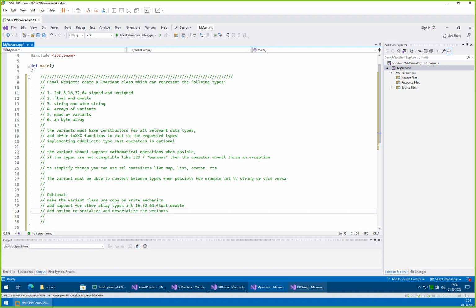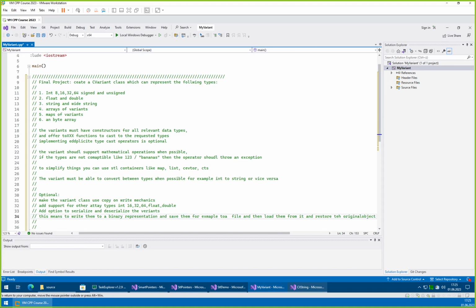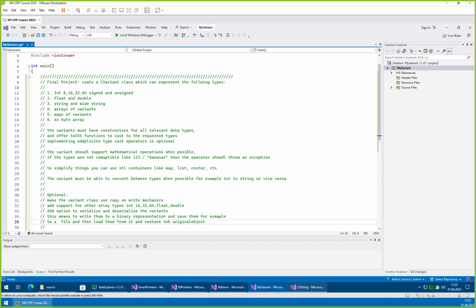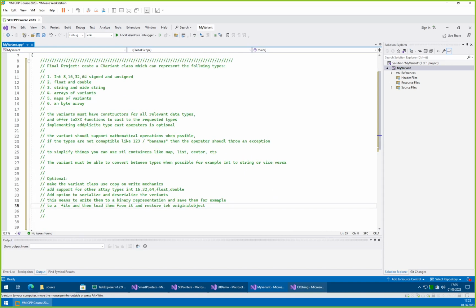Serialize and deserialize. Serialization and deserialization refers to the process of converting some non-trivial data structure to a simple representation which does not contain any absolute addresses, that can be saved to a file, that can be sent over network, it can be printed out on paper and scanned back in, and from which you can then deserialize,